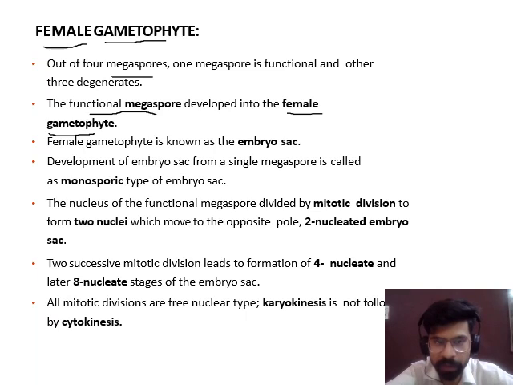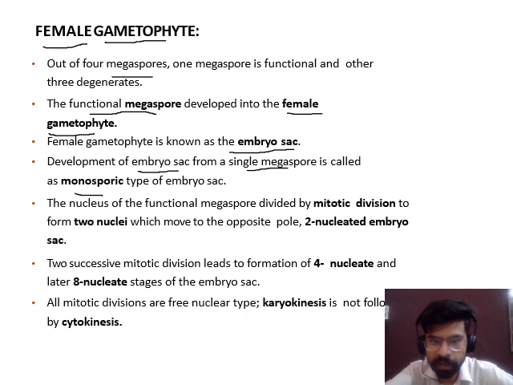The female gametophyte is also known as the embryo sac, and the development of an embryo sac from a single megaspore is known as monosporic. Mono means single, sporic means spore. If an embryo sac develops from a single megaspore, this type of formation is known as monosporic. Now next,